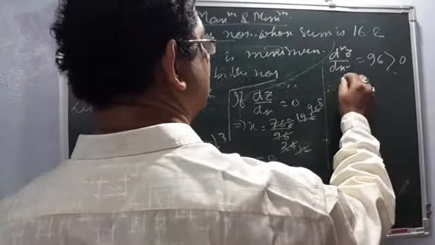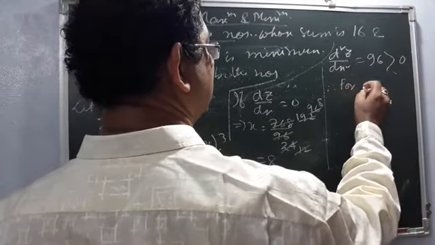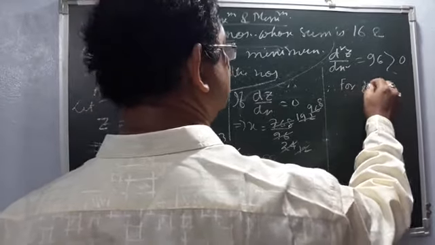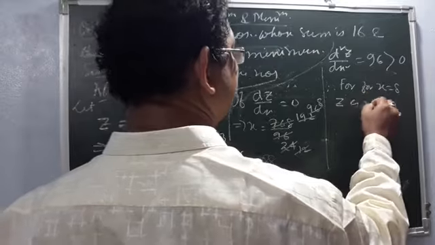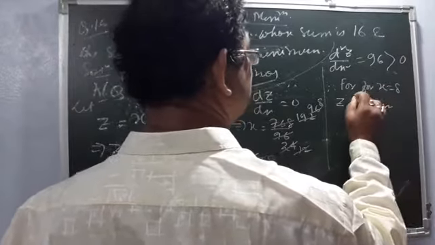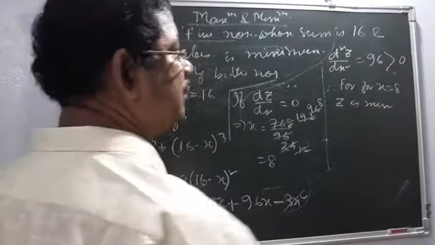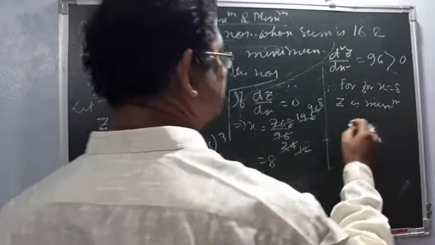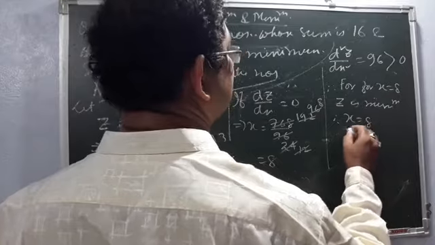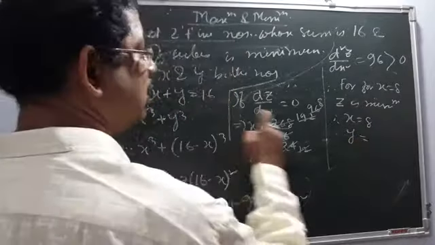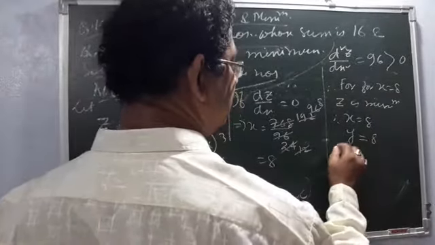Therefore, for x equal to 8, z is minimum. How can we say? As the second derivative is positive, by the second derivative test. Therefore, x is equal to 8, y is equal to 16 minus 8, which is 8. Required numbers